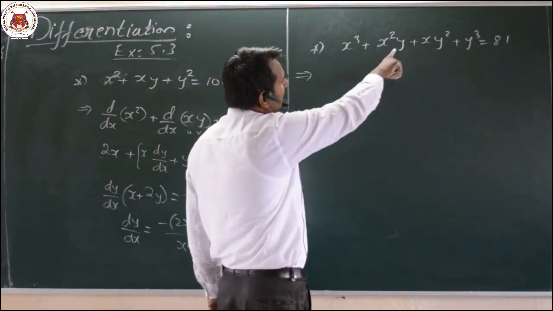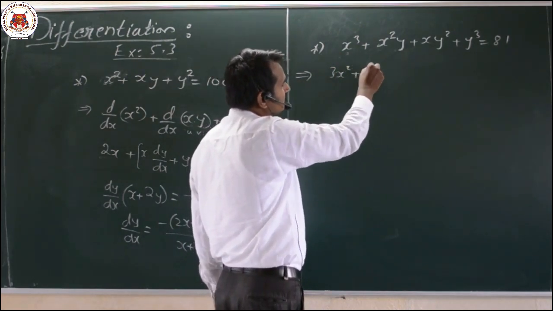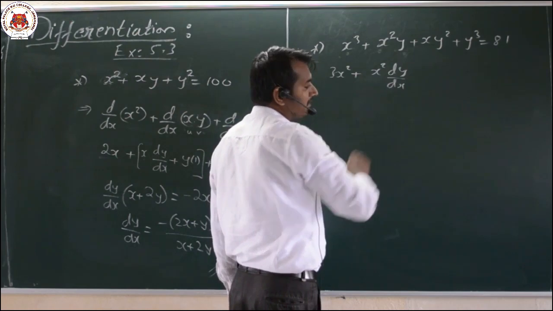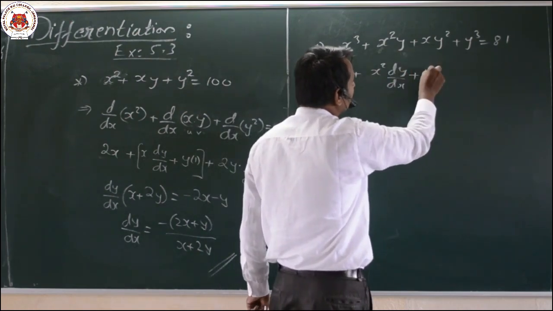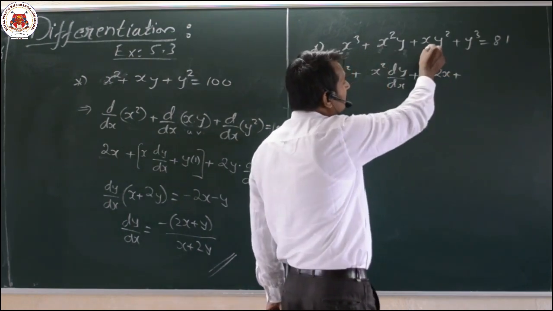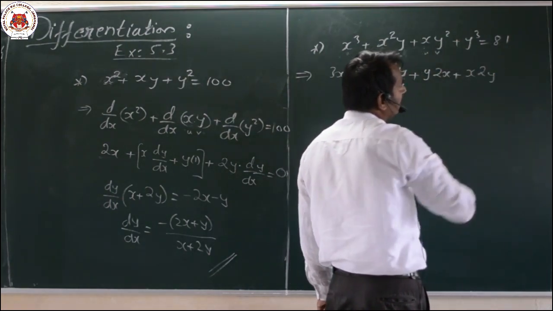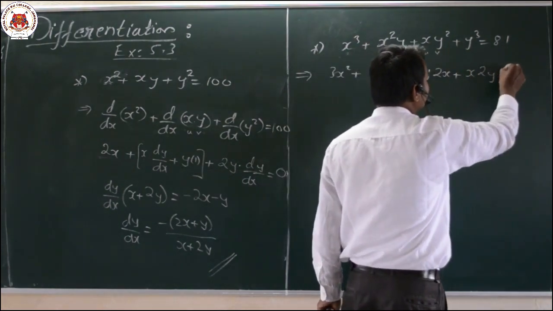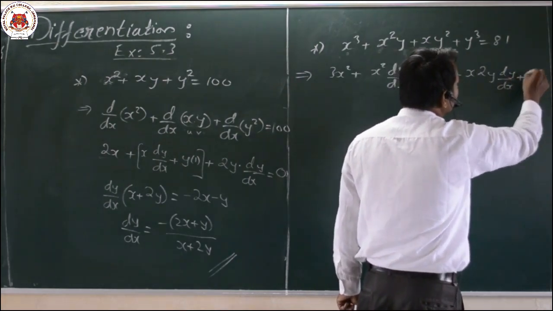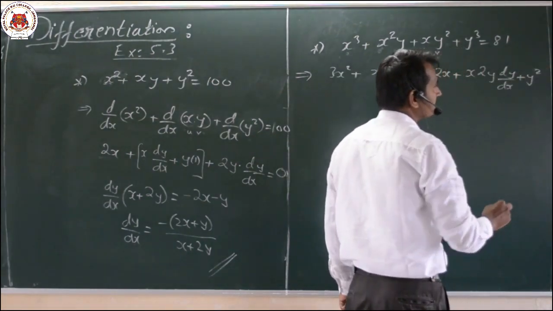Here I can differentiate it easily. x cube differentiation will be 3x square plus, here by parts I will differentiate x square as it is, y differentiation will be dy by dx, plus y as it is, x square differentiation will be 2x. Again same as it is here, u into v, x as it is, y square differentiation will be 2y, since it is an implicit function, y differentiation will be dy by dx, plus v as it is, that is y square as it is, x differentiation will be 1.